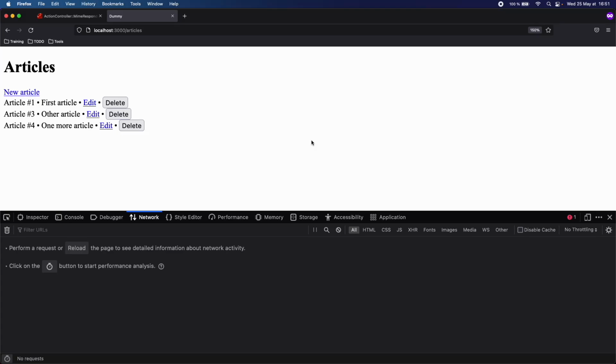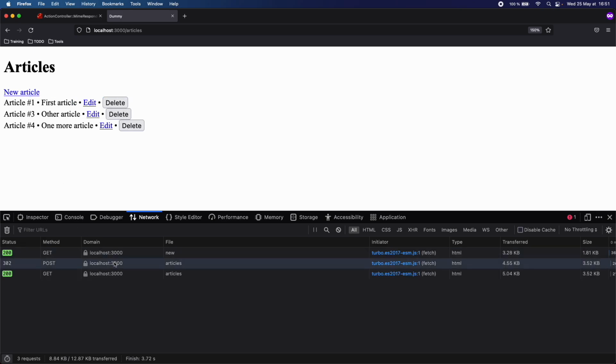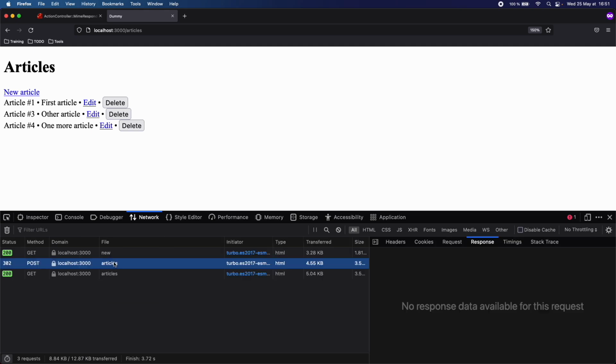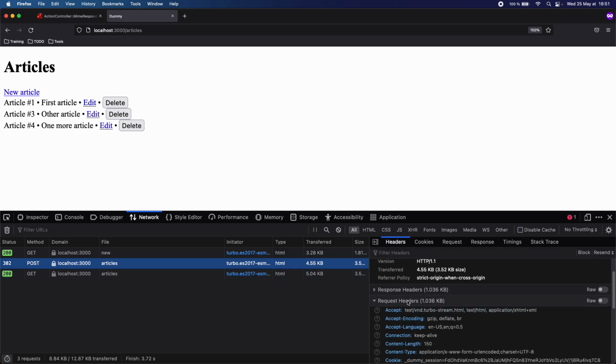In this video, we're going to learn how to respond to the TurboStream format. What we would like to achieve is that when creating a new article here, we would like to serve specific HTML based on the format of the request. So if we have a look at the post request here and we look at the headers of the request,